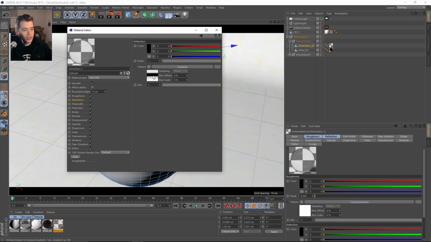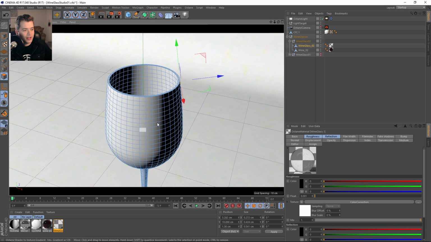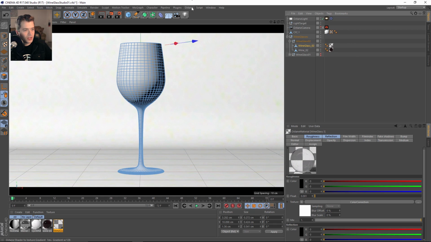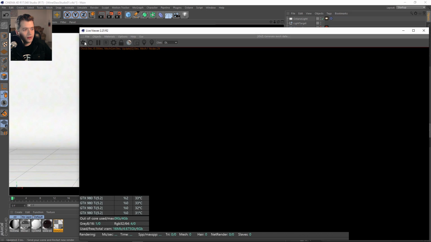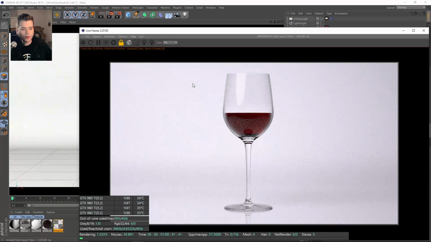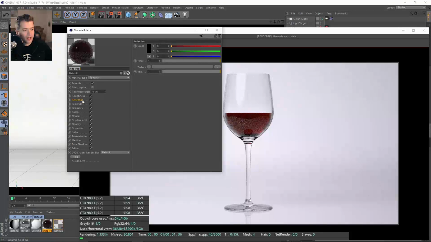And then in the reflection, I've got this gradient so that where the actual wine or the alcohol or the beverage or the product would be showing, there isn't a reflection from the glass. The reflection is actually coming from the wine inside of the object. So you get a little bit of that floor showing up in the wine, but it wasn't looking like something you would see in a photographed version of alcohol.